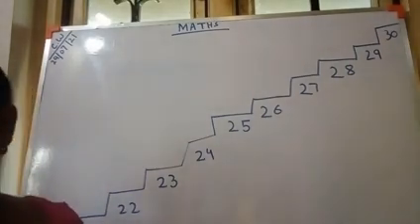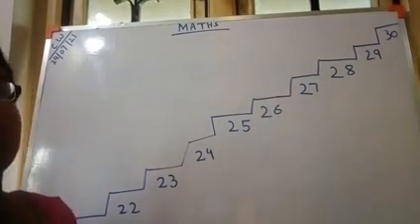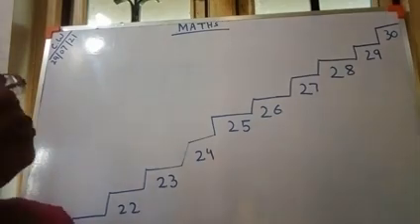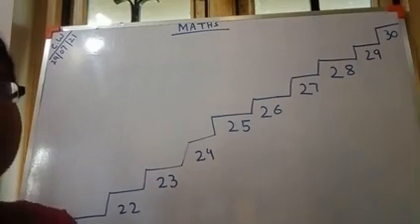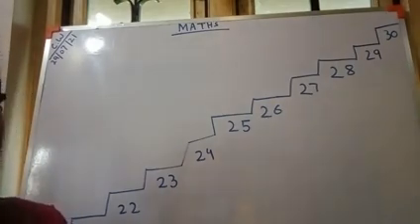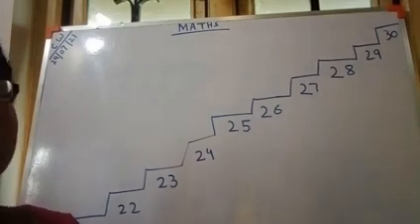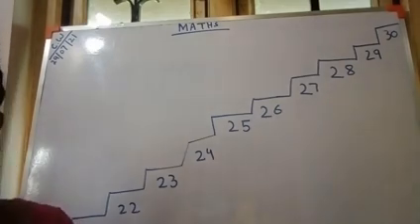So I have given today's copy from 30 to 10. You should remember now the counting from 30 to 1. Okay children? 30 to 1. Backward counting from 30 to 1.